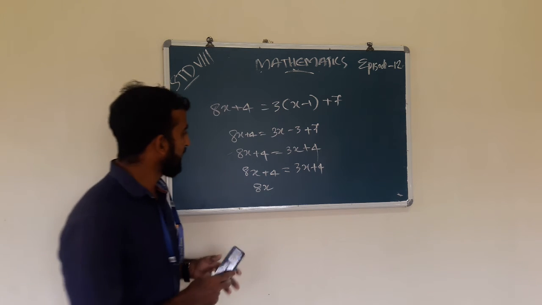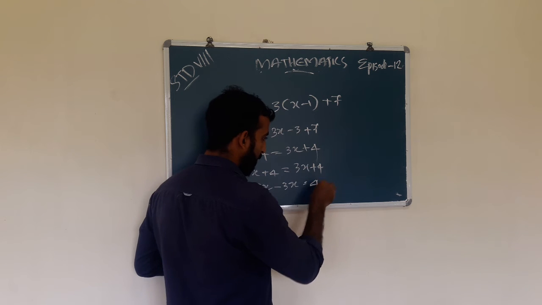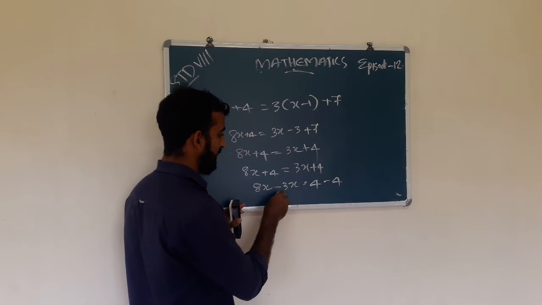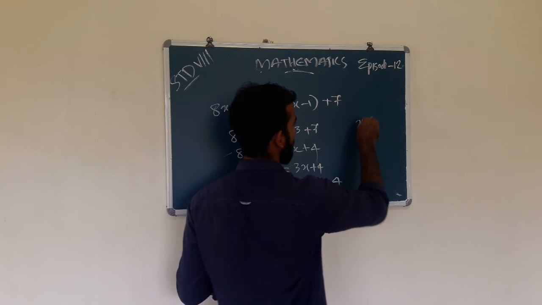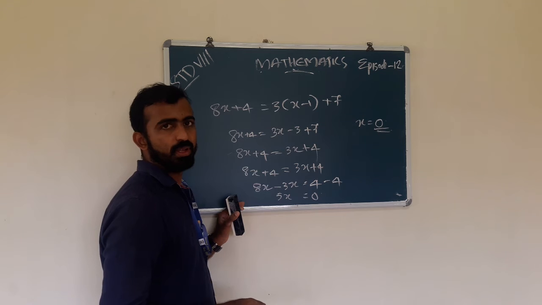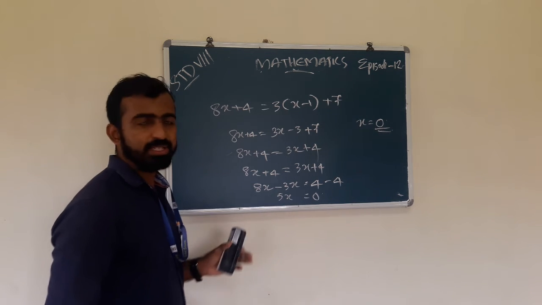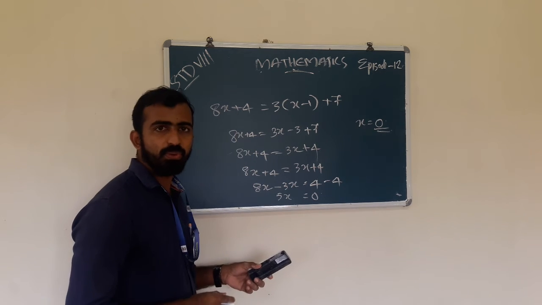That is, we can write 8x minus 3x, 4 minus 4. That is 5x equal to 0. X equal to 0. We can check: when we give x as 0, 8 into 0 plus 4, we get